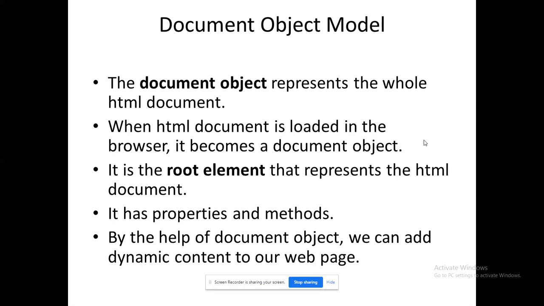In that aspect, what are all the contents we are able to store dynamically? Ultimately, the thrust to learn the document object model is the source of emergence of DHTML, dynamic hypertext markup language. DHTML emerged with HTML plus one scripting language. Initially, during 1999 and 2000, HTML plus VBScript was very famous, because at that time Microsoft Internet Explorer and Netscape Navigator were the two very famous browsers.